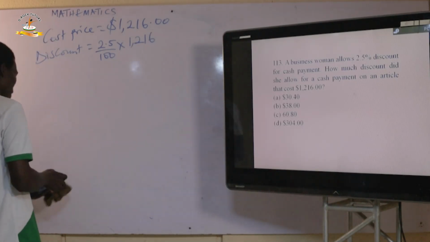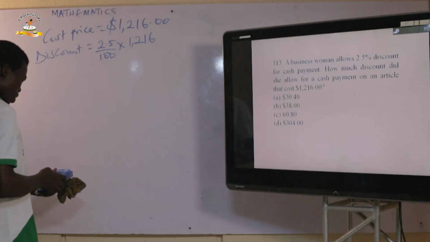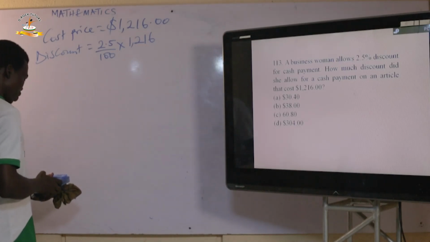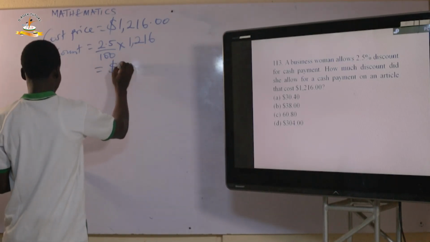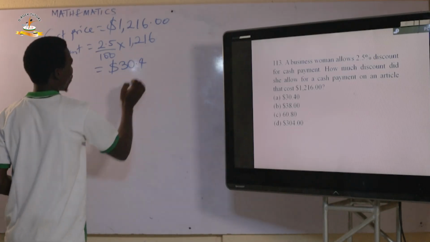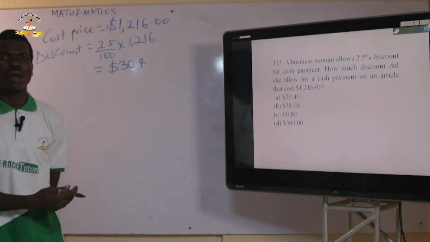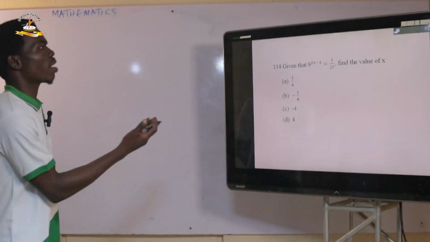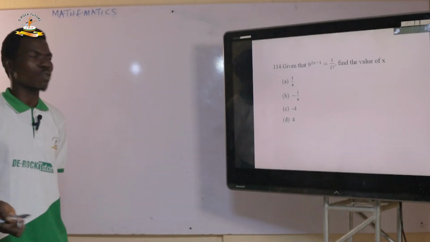So whatever the amount is going to be, 1216 times 2.5 divided by 100, and this simply equals 30.4 US dollars. So our correct option is Option A. So we have question 114, and it says given that 9 raised to power 2x minus 1 is